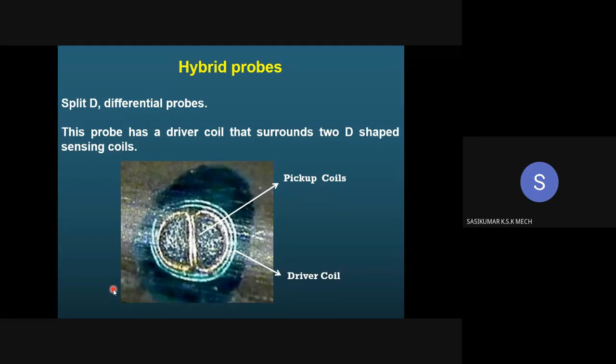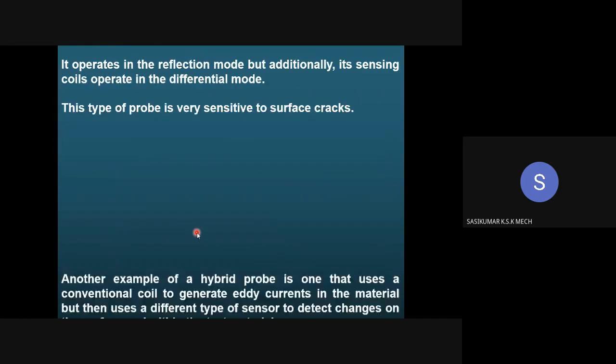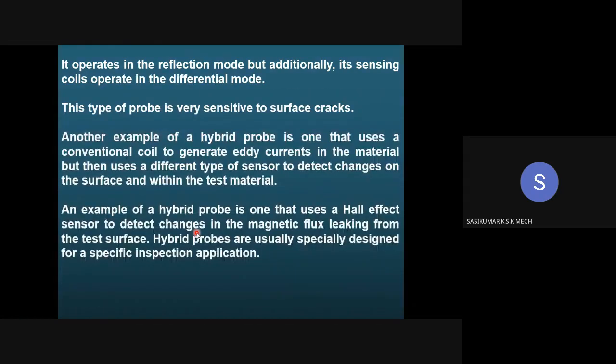So here you have pickup coils in split form. The driver coil is covering the pickup coil. So it operates in the reflection mode, but additionally, its sensing coils operate in a differential mode. That is why it is called a hybrid probe.